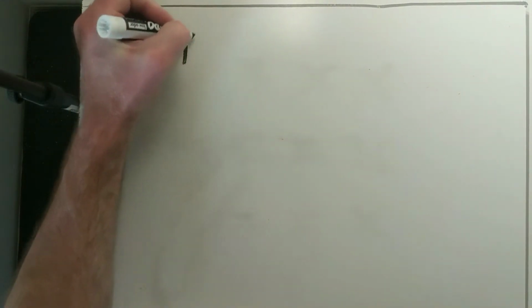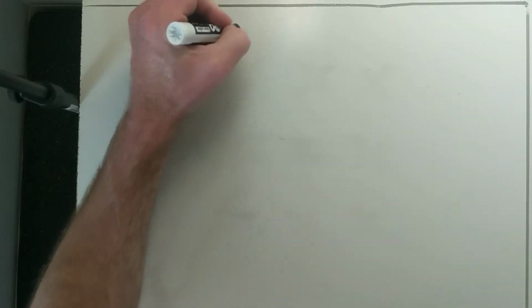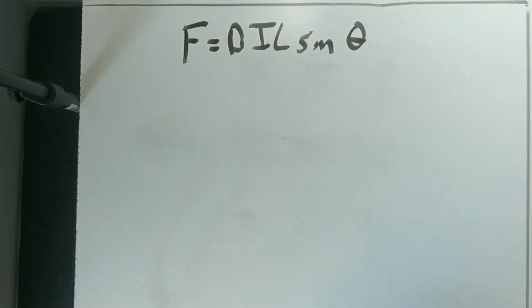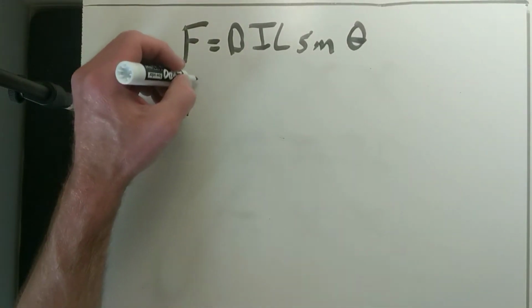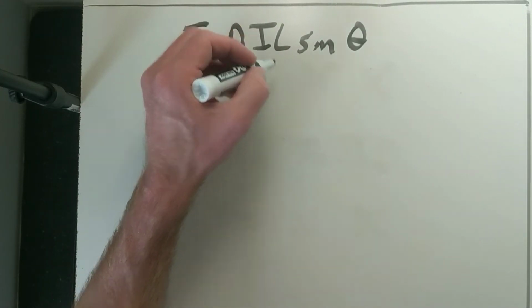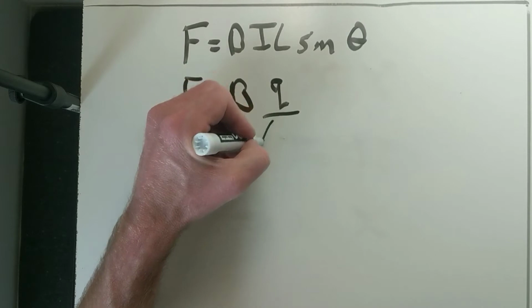So the first thing is we've already talked about the fact that the force on a wire was F equals BIL sine of theta. And that's when you have charges flowing through a wire that you get this force that acts on a wire. But the reality is it's not the wire that causes the issue, it's the charges inside. So the force is really due to B, and the current is charge over change in time,